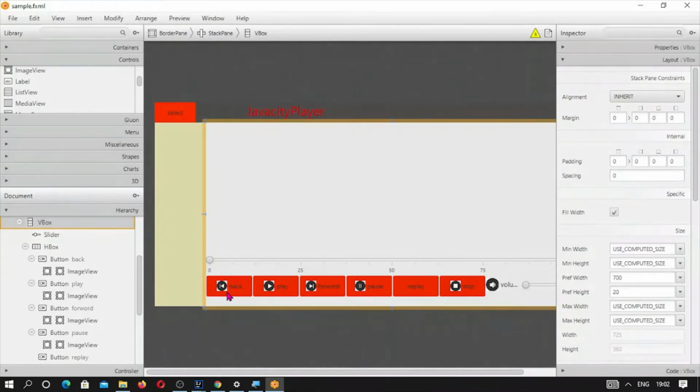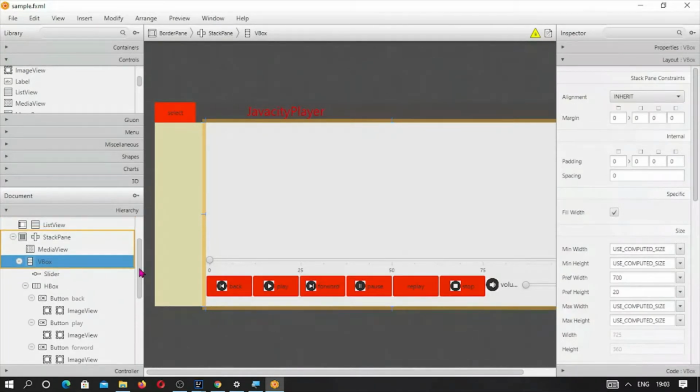These are the images which I have prepared. So each node, back, play, forward, takes images from an external source.